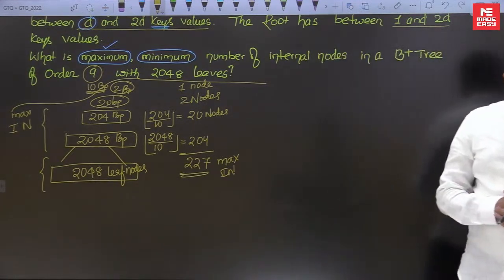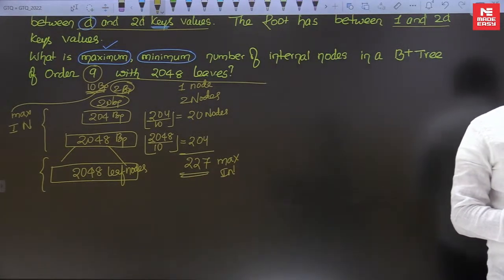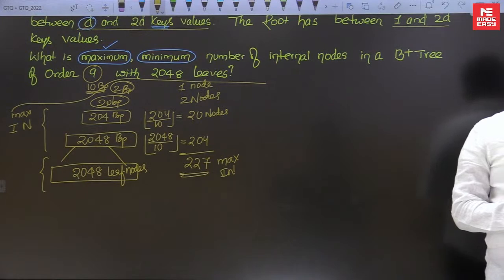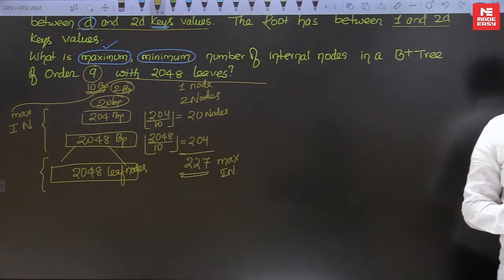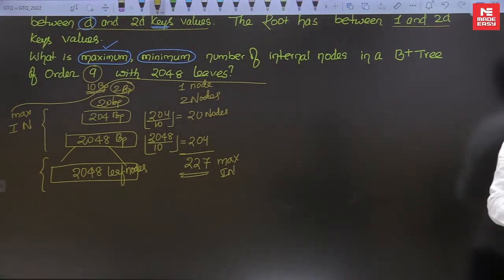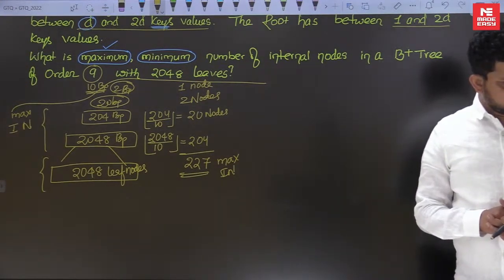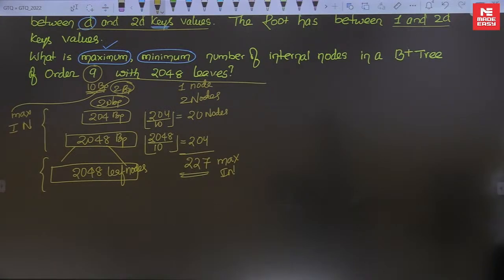So any correct answers? So Komal Kumari is given correct answer. Ansuya is given correct answer. Okay. Yes, 227. Srizal. Right. Now,